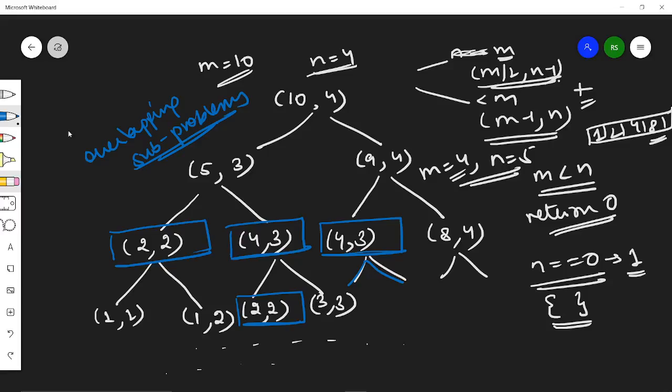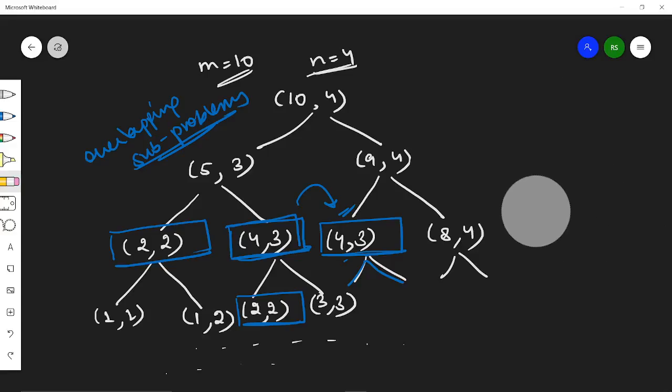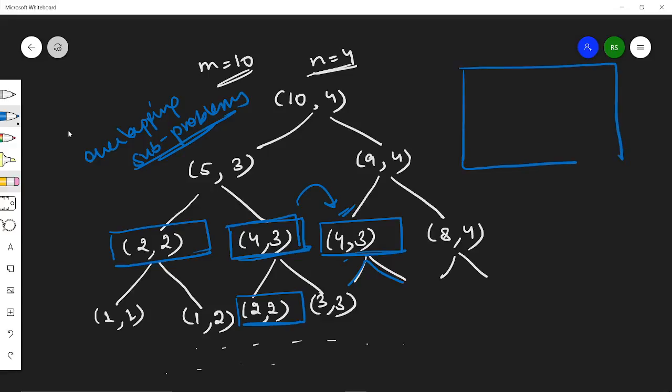So what I can do is, whenever I'm calculating it for the first time, that time only I can store it somewhere, so that whenever next time I get the same parameter, I can simply take it from that using constant space. So how can we do it? This is very clear that we have to now use the dynamic programming DP. So if we are using DP, we have to make a DP table that will store answers for us. The size would be m plus 1 and n plus 1,